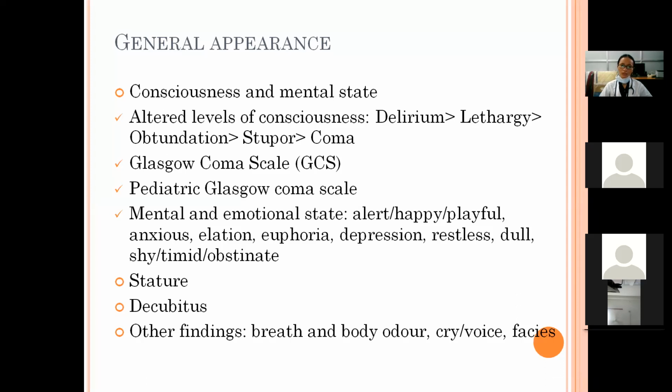This is consciousness. Anything altered from the normal is altered sensorium, and it will vary according to the severity of the illness. It will proceed like this: first of all there will be delirium, and if it is worsening, little lethargy. Increasing lethargy is obtundation, and proceeds to stupor and then coma. So you will grade the state of consciousness of the child, and then we look at the mental